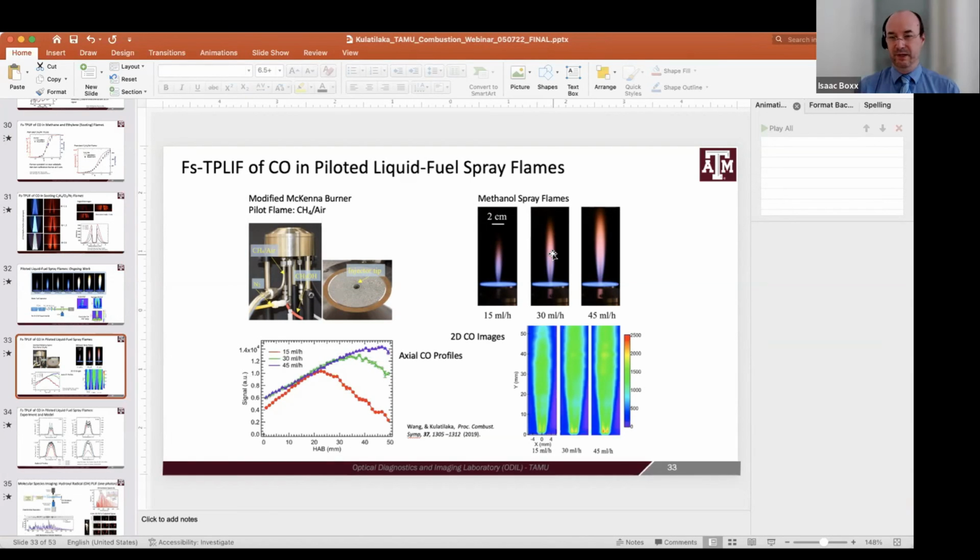Great. And the final question from the audience, myself once more, is just sort of a big picture question. What would you say is the biggest challenge to doing the femtosecond LIF imaging at elevated pressure? You mentioned several different factors, but what would you say is the most challenging one? What needs to be addressed?